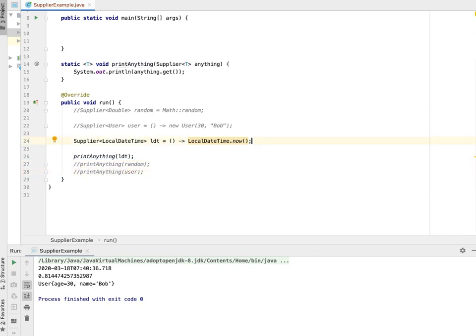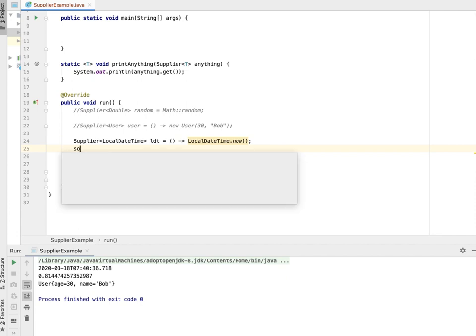Let's make it all about the supplier now. So let's print the local date time at the declaration, the thread start time,